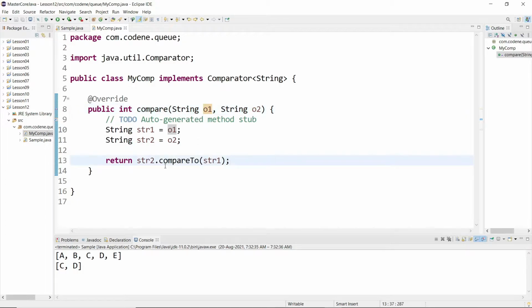But instead I changed the order by writing str2.compareTo(str1). So if str2 is greater, it will return 1.